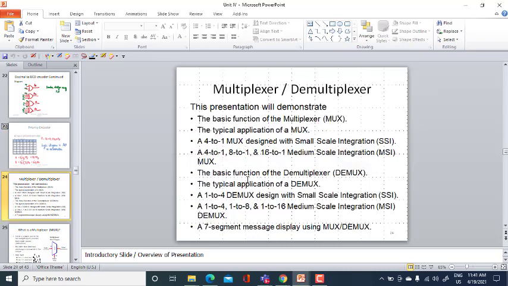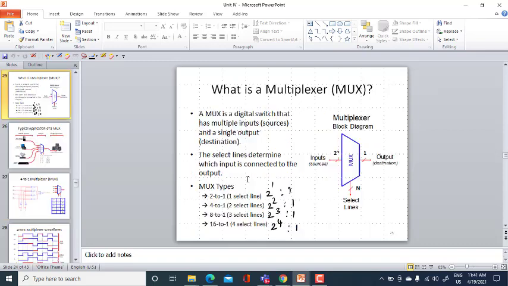And coming to the multiplexer or demultiplexer, the basic function of a multiplexer is to multiplex multiple inputs to a single output. That is said to be a multiplexer. A multiplexer acts as a digital switch which has multiple inputs and a single output, and you have select lines in your multiplexer.